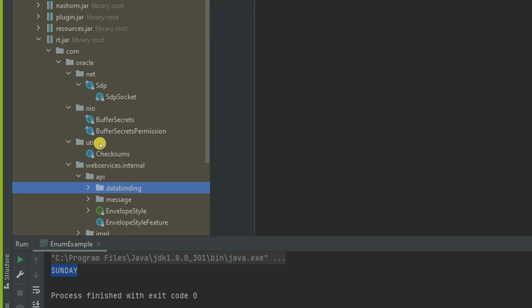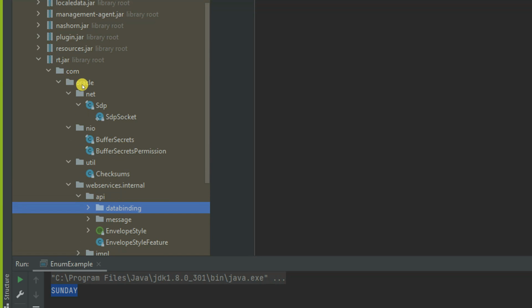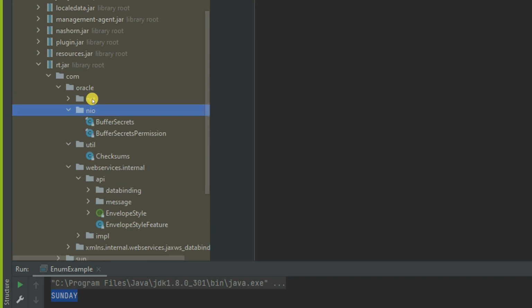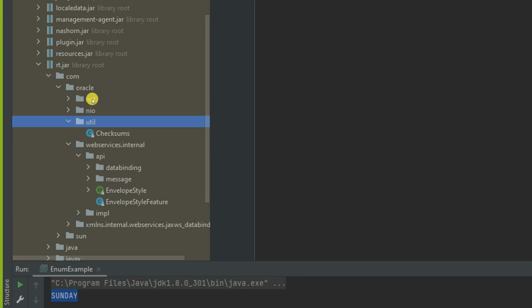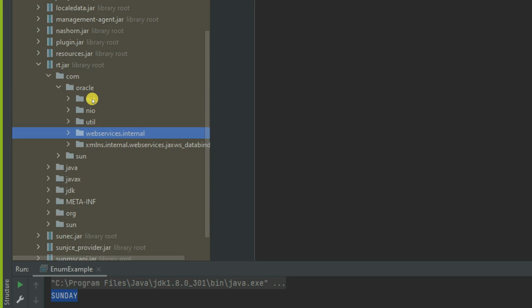So the naming convention, if you see, com Oracle, is reversed, like Oracle.com. It's related to net files, and inside that net folder there is a specific Java class. Nio is a folder, this is utility classes, and this is for web services related.